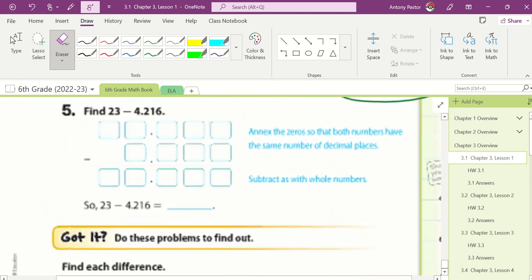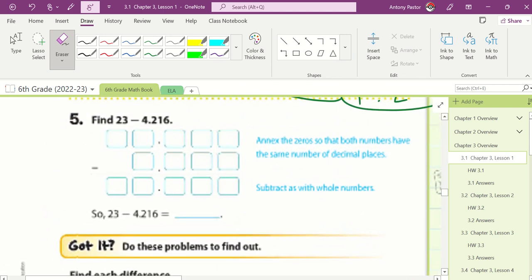Now let's find 23 minus 4.216. Same rules apply. I write 23 as a whole number. And remember, whole numbers can have 0.0000 forever and ever after it. So I'm actually going to put a few zeros here if my pen will register. There we go. And I will write